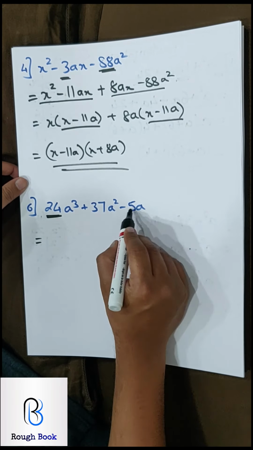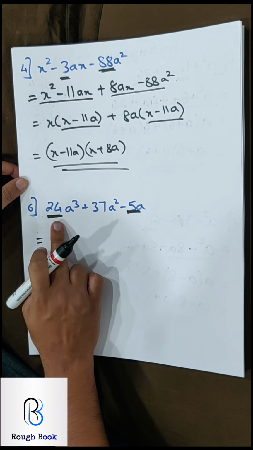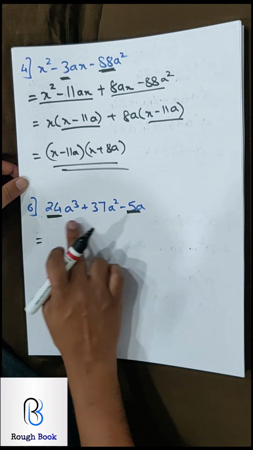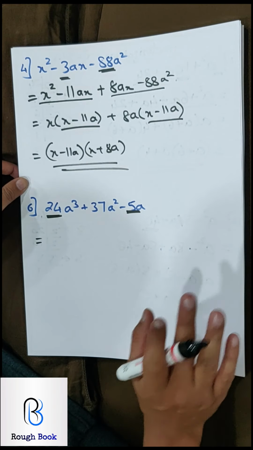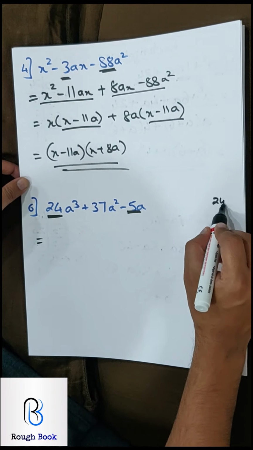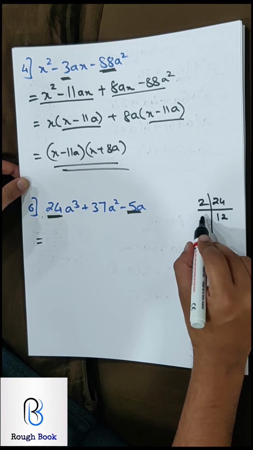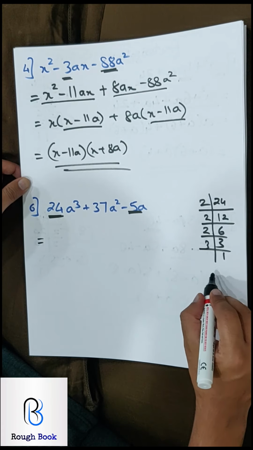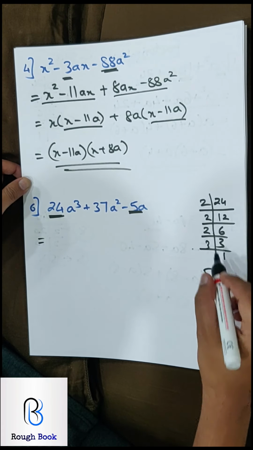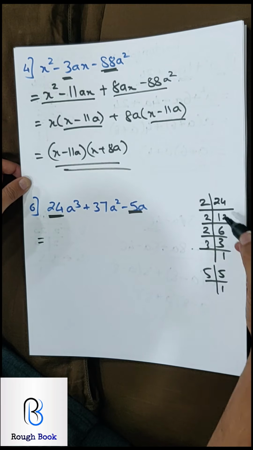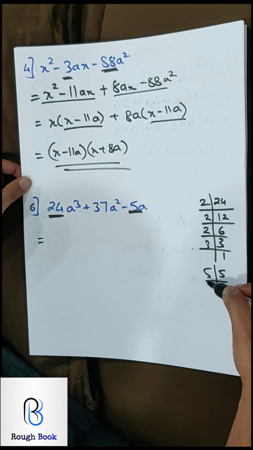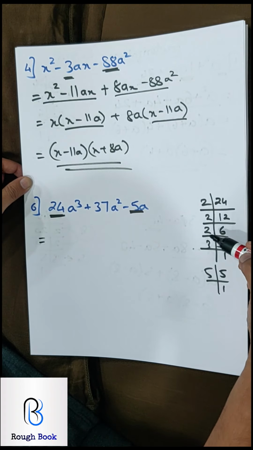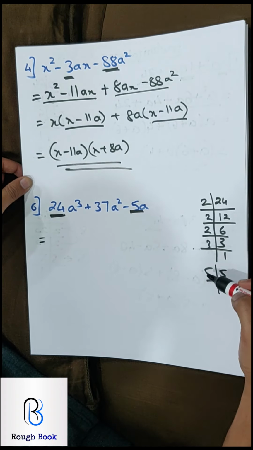Now there is something different, because you have a number as a coefficient before a apart from 1. So you'll have to multiply 24 into 5 and then take the factors, or the easier way is to take factors of 24. So 2 12s are, 2 6s are, 2 3s are, 3 8s are, and factors of 5. So 5 1s. So you don't need to multiply. You can just take both the factors and try them together for 37. So 2 2s are 4, 2 4s are 8, 8 3s are 24. 24 and 5.